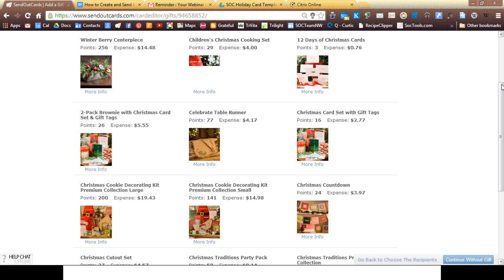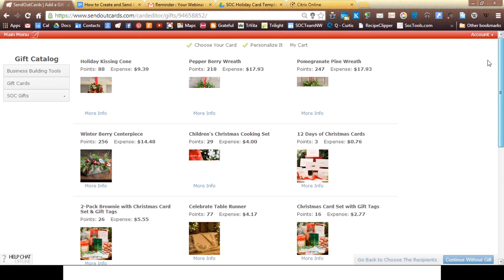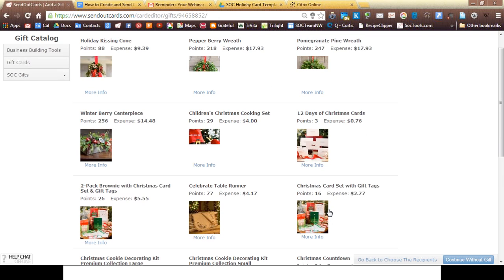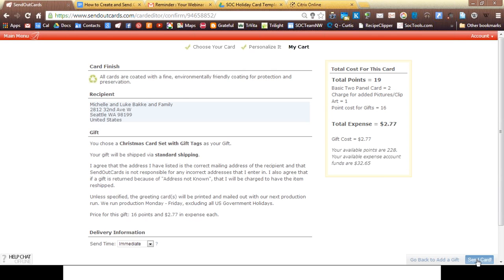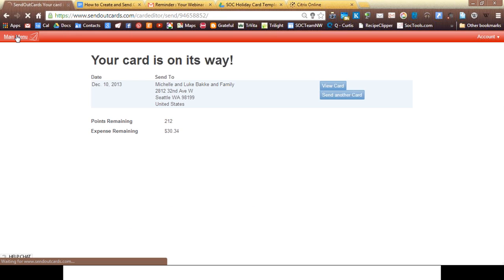So let's say I just want to send Christmas cards with gift tags. So I click on what I want, buy now. It calculates the points and the expense funds, and I go ahead and send the card. Okay, I'm going to do this one more time, and we're almost finished here. Winding down here, but I'm going to circle back one more time, and I'm going to go to Cards, Campaigns,